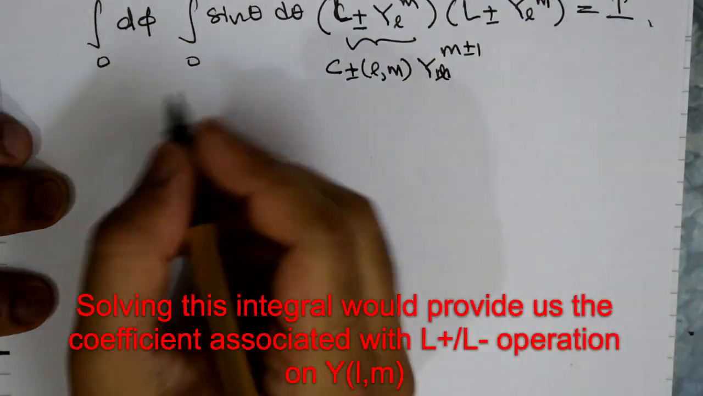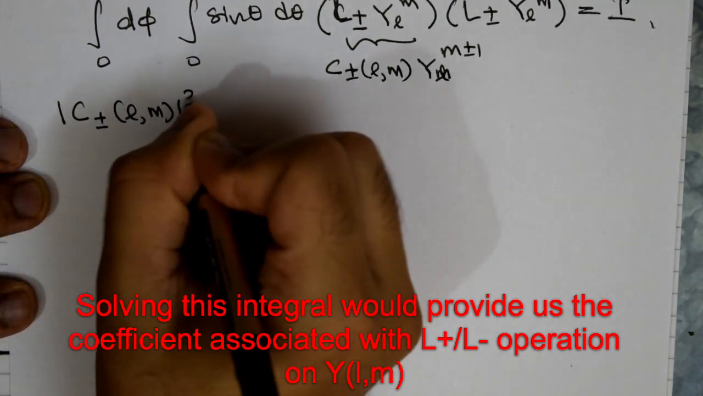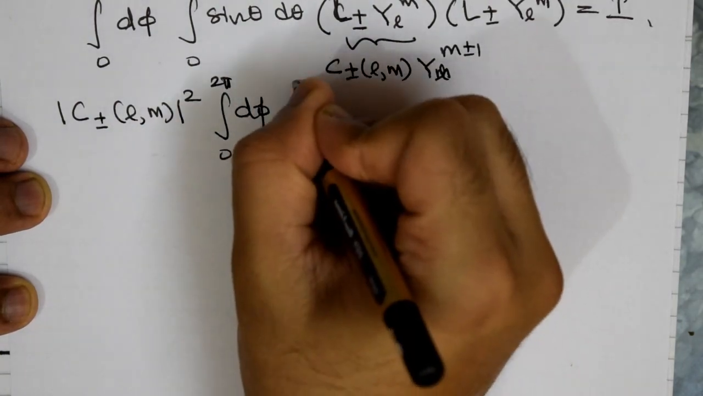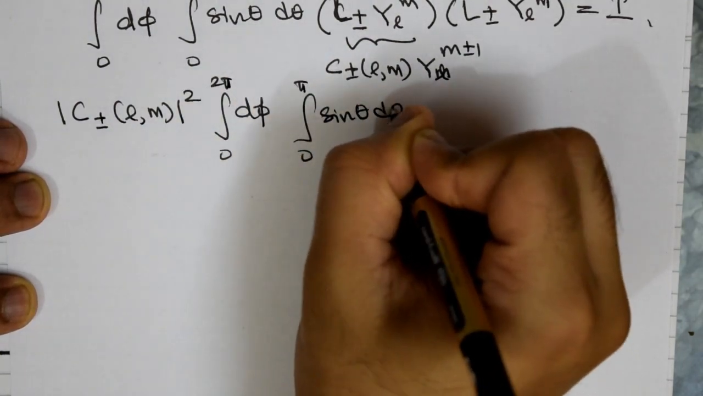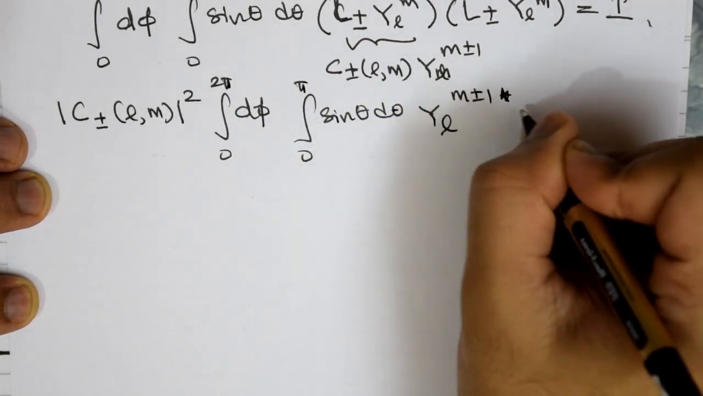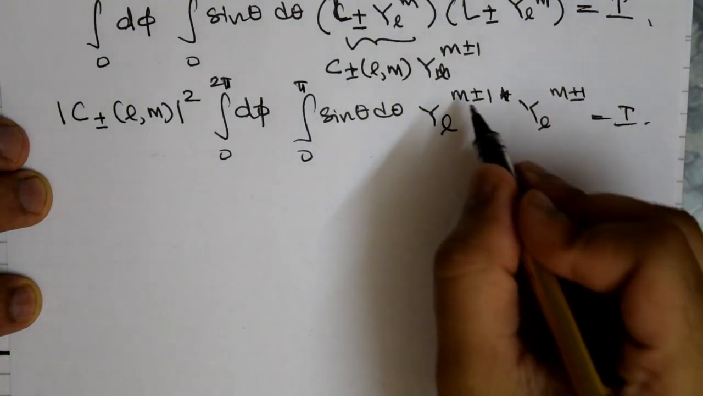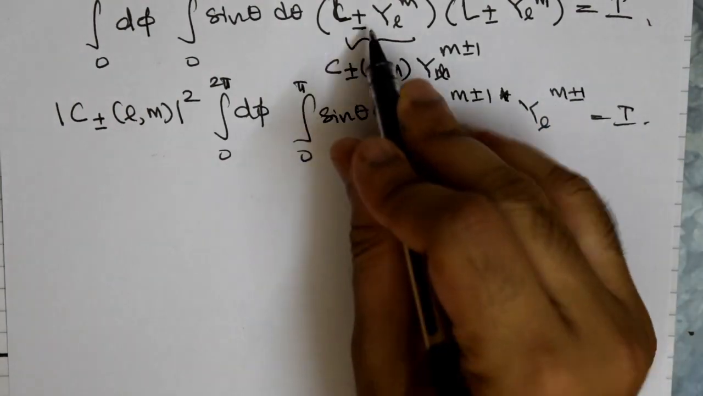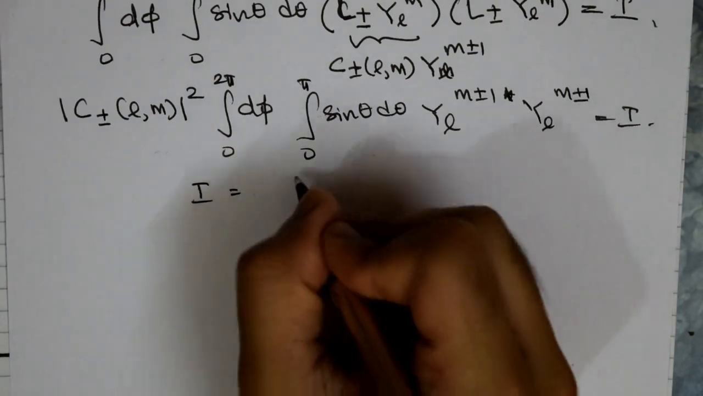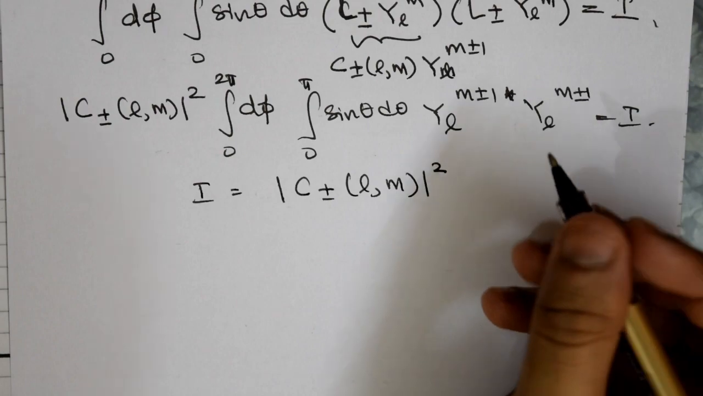So you're going to get mod C plus minus L comma m, the whole squared, integral 0 to 2 pi d phi, 0 to pi sin theta d theta, Yl m plus minus 1 star Yl m plus minus 1. That will be equal to the integrand. If it's m plus 1, it will be m plus. So we are keeping the same type of operators. Since these are orthonormal functions, the integral I will be equal to mod C plus minus L comma m, the whole squared. Okay, the same integrand